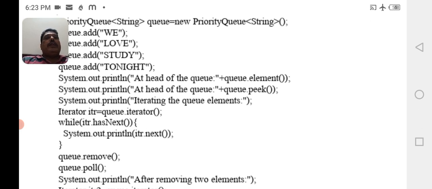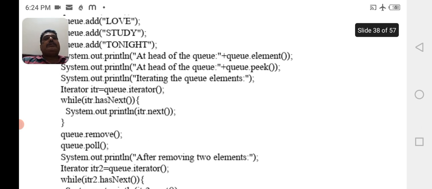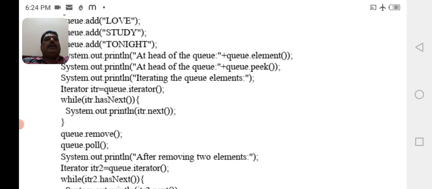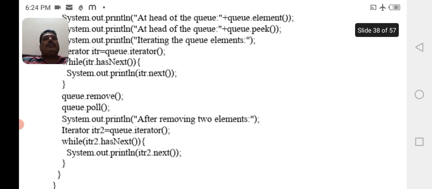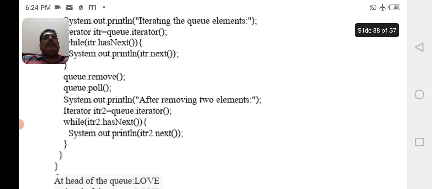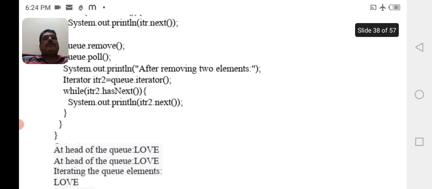System.out.println("iterating the queue elements"); Iterator itr = q.iterator(); while (itr.hasNext()) System.out.println(itr.next()); q.remove(); q.poll(); System.out.println("after removing two elements"); Iterator iterator2 = q.iterator(); while (iterator2.hasNext()) System.out.println(iterator2.next());